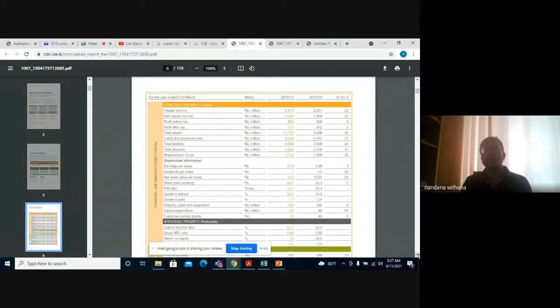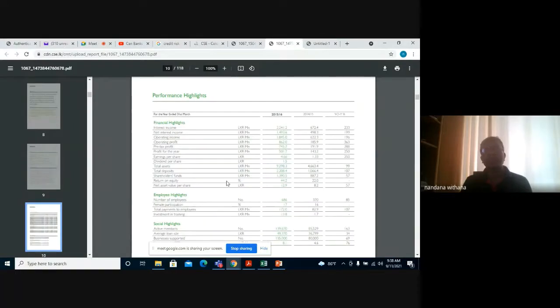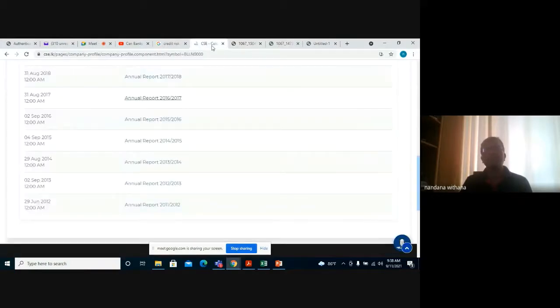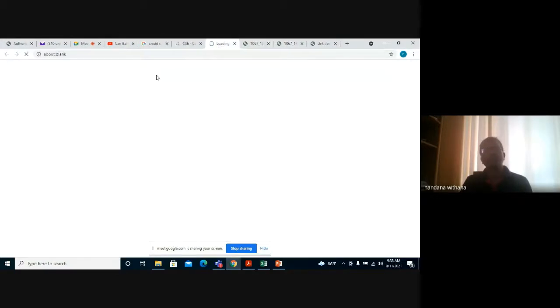Interest income has gone up by 23%. Now last year 250%. Okay. We'll see profit. Profit after tax has gone up by 2%. Last year profit after tax had gone up by 250%. Okay. Half a billion profit. Okay. Profit still half a billion. Good. Next year,